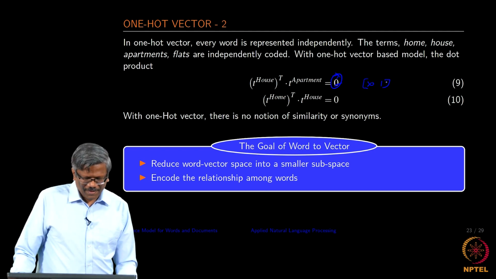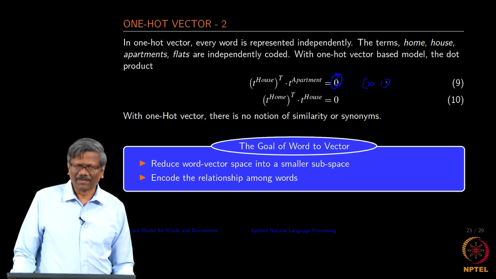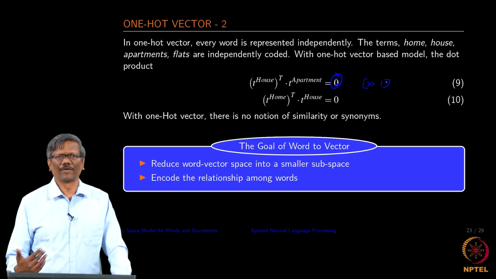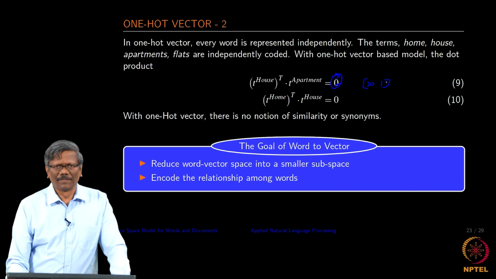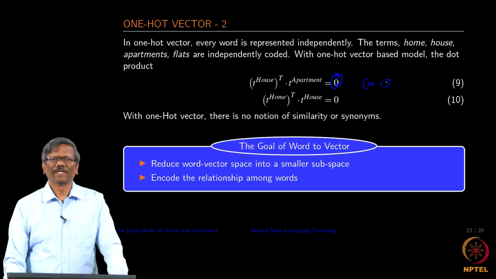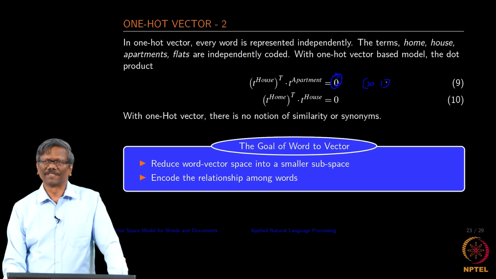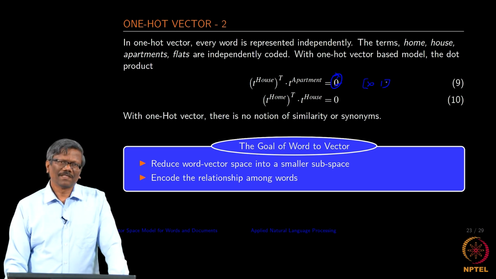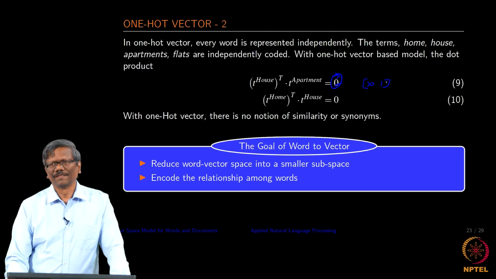Right, in terms of computation, in terms of visualization, all that. So, how do I really reduce those similar terms into smaller subspaces? How do I encode those relationships among words? These are the questions that we need to answer in natural language processing in order for us to